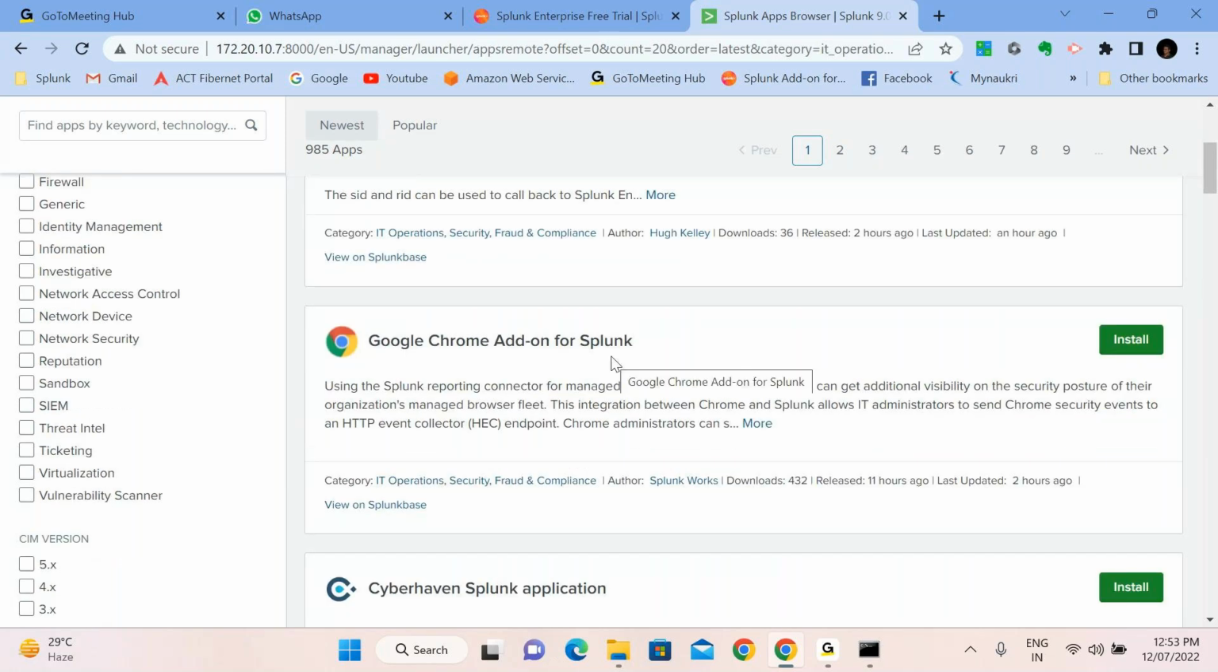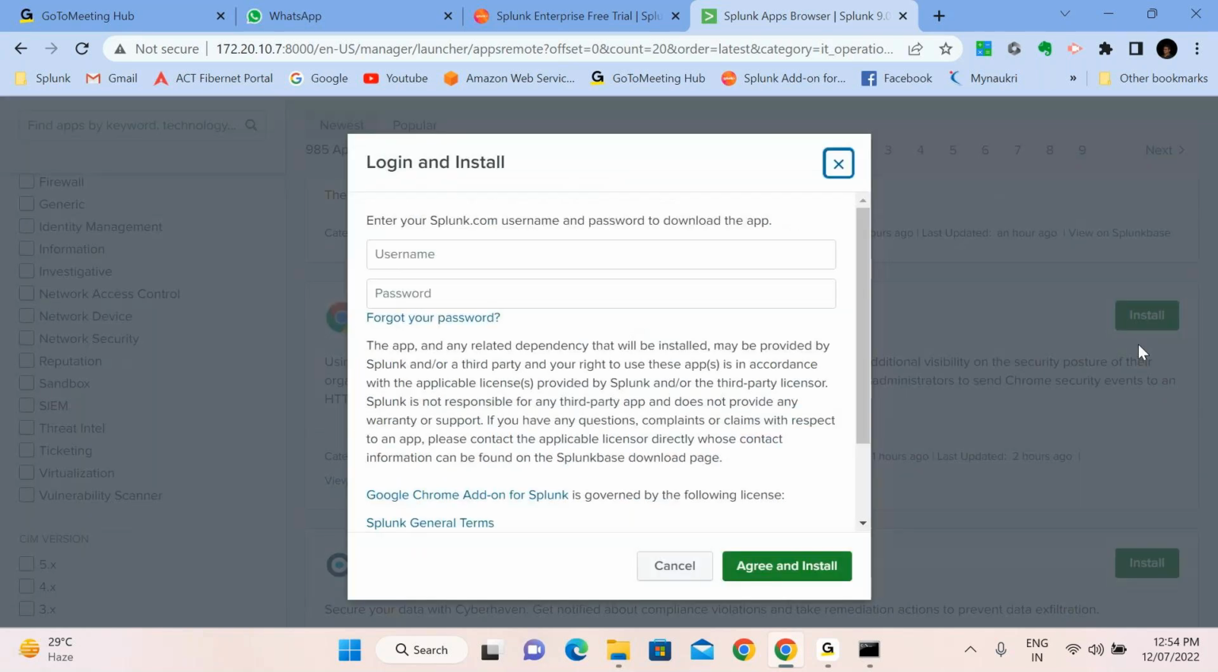Using the Splunk reporting connector for managing Chrome browsers, an organization can get additional visibility on the security portions of the data of organization-managed browsers. This integration between Chrome and Splunk allows IT administrators to send Chrome security events to an HTTP event collector endpoint. If you want to manage the Chrome logs, you can get that add-on. So this username and password is